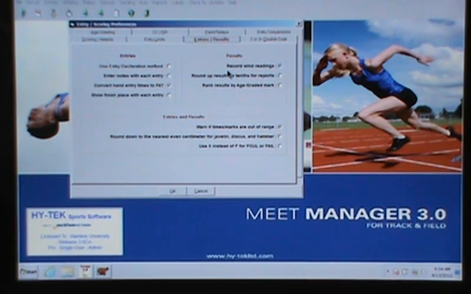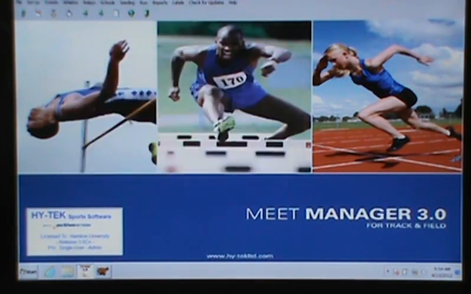Now there you see one, record wind readings. That's only for a collegiate meet, but we have to make sure that with a collegiate meet that we do record all of the wind readings. And let's go to our next